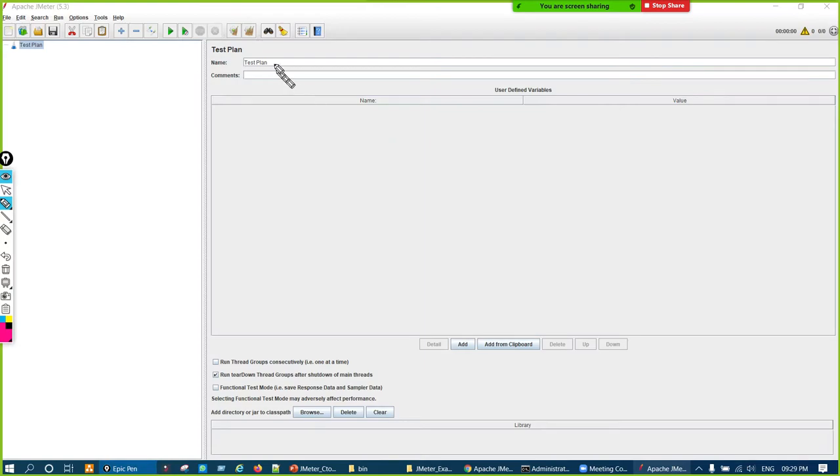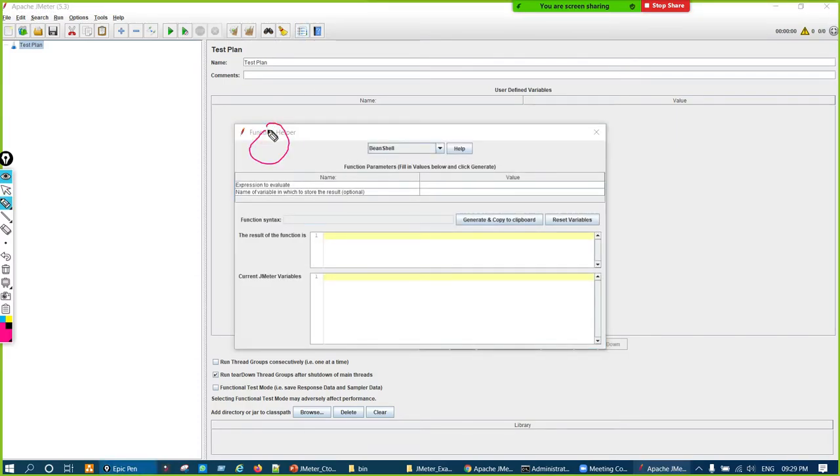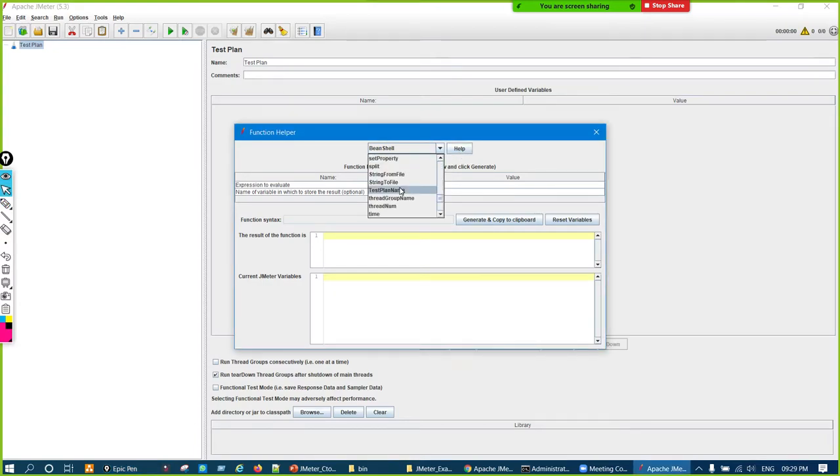Then this binocular is there, so it's for Search. Okay. Then this yellow broom is there, it's for Reset Search. Okay, Reset Search. And then this is the Function Helper dialog box. So JMeter has some inbuilt functions, right? So those functions are inside that, and I have listed around 40 to 42 functions. We'll see that in our course syllabus, right? So if you click over there, you'll find this is the function helper, and here a list of functions is there in this drop down.